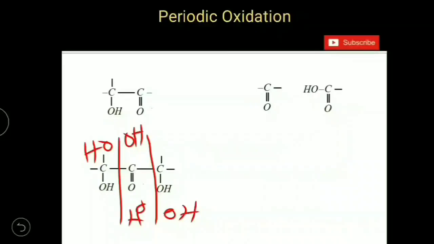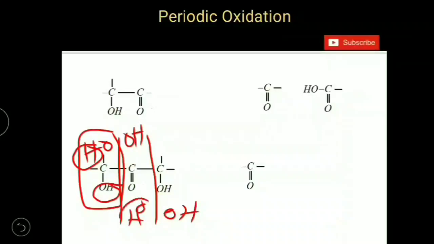If you see the first part of this molecule, you got two OH groups on the same carbon atom, which gives you an unstable compound. That's why I remove H2O from it. This OH group and this hydrogen are removed, so you got a C double bond O group. That alcohol group is converted into a carbonyl group. And come to the second part, C double bond O, and to that group two OH groups are added here.